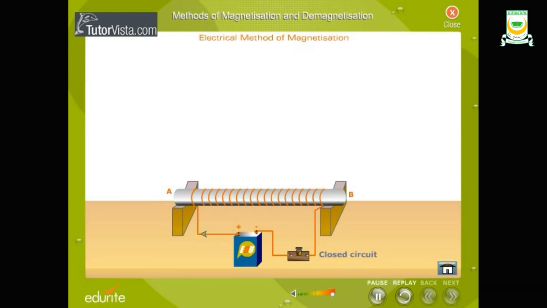Okay, you can see if I close the circuit that the current flows, right? You can see the arrow. The current flows from the battery to the soft iron bar and then it passes through all the wire on the soft iron bar. So by using this electricity, the polarity of the magnet will occur. As you can see, there is a north and south. The north occurs at point B and the south one appears at point A.